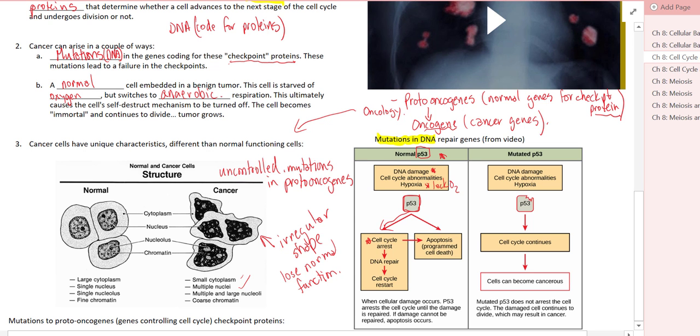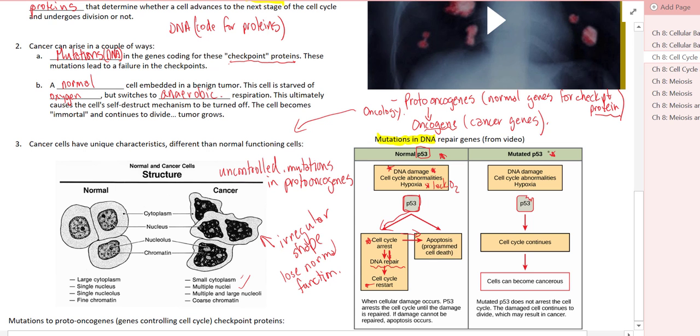And one of two things will occur. Either it will trigger apoptosis, programmed cell death, which is a good thing, and prevents that cell from dividing and producing more messed up cells. Or in the case of this P53, there can be DNA repair, so whatever that damage was that caused the problem in the first place, and a cell cycle restart. And that's a normal functioning of many of our cells, and that's why we can stave off cancer.